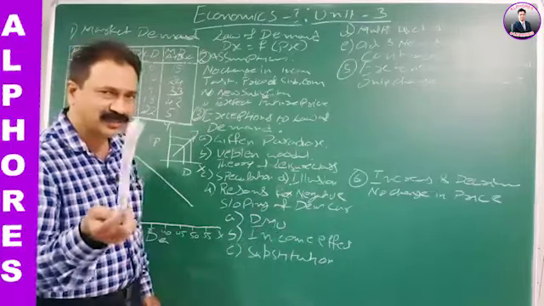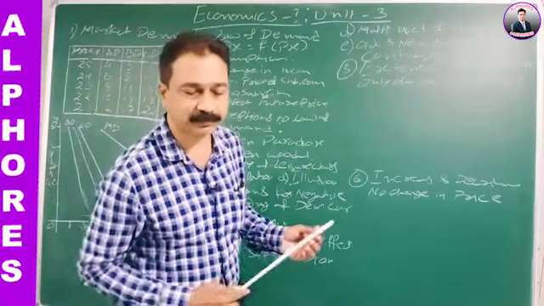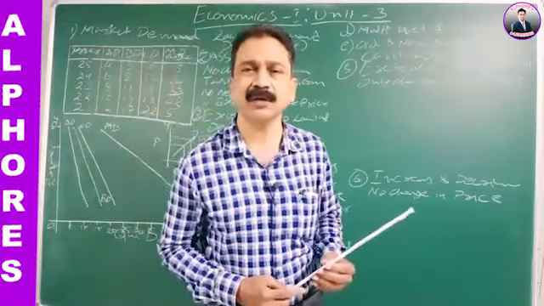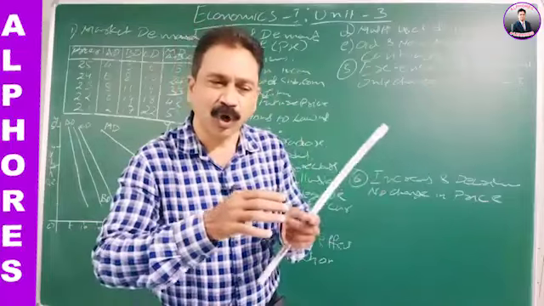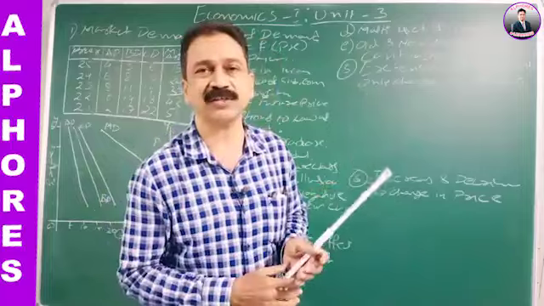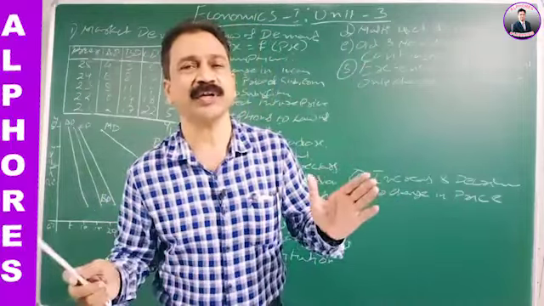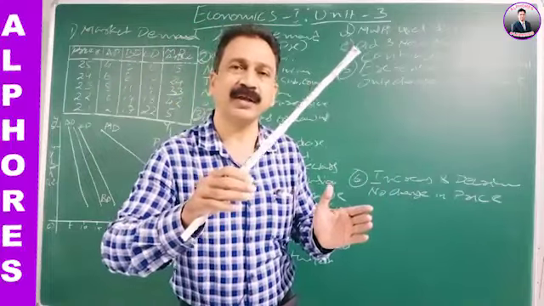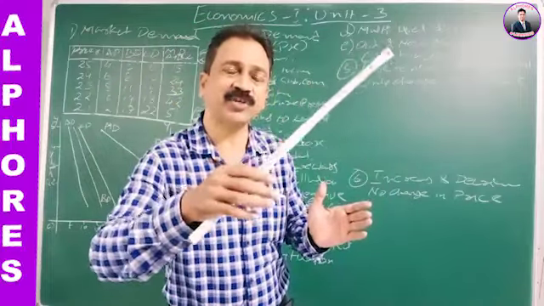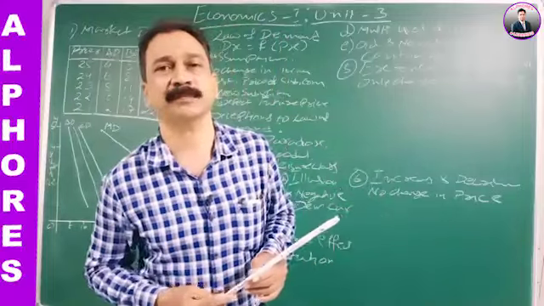First is, you can see in your textbook, the effect of diminishing marginal utility. What is this? Generally, when you go on purchasing more of the same commodity, your marginal utility goes on decreasing. You have seen it in the second chapter, diminishing marginal utility. If you go on increasing the quantity, the additional satisfaction from additional commodities goes on decreasing. Then you don't want to pay the same amount.